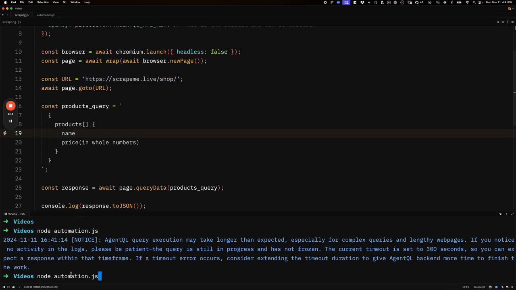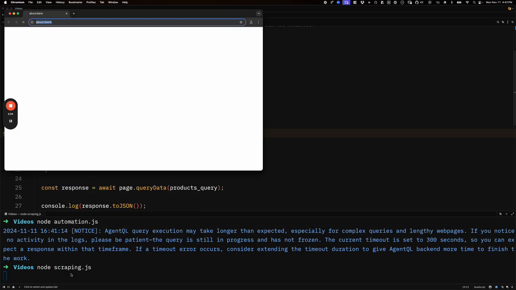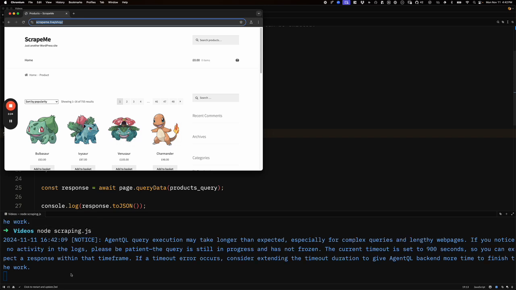We're going to return all the products on the page. Let's do it. Node scraping.js, and here we go. All of your favorite Pokemons. We'll get all of the products, the prices on the page,